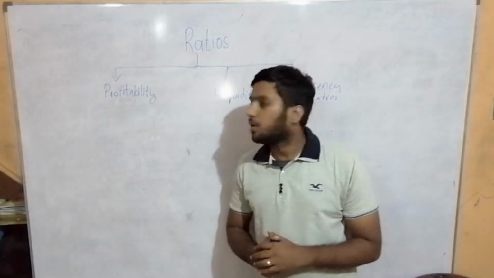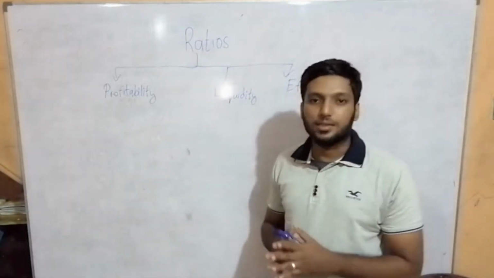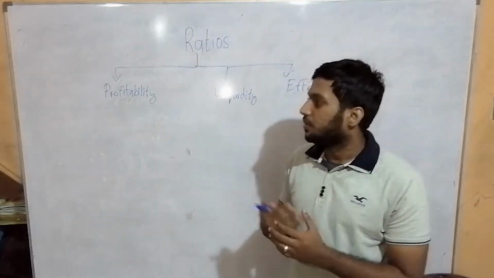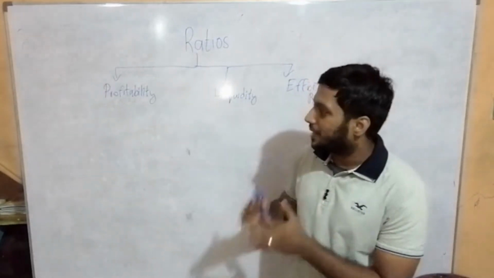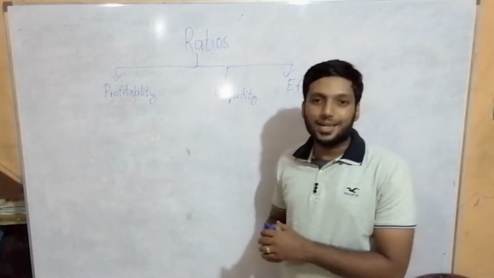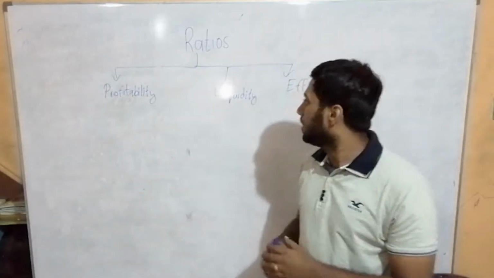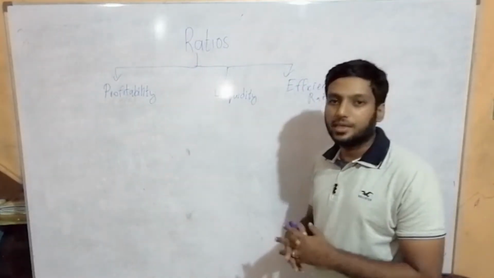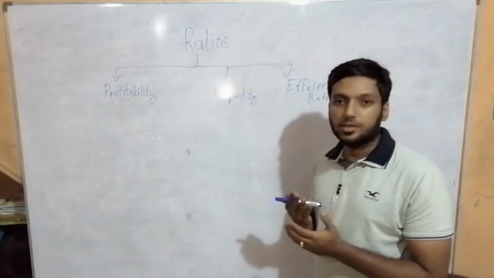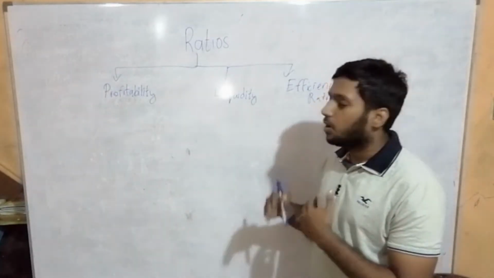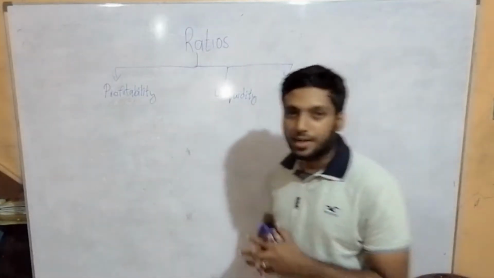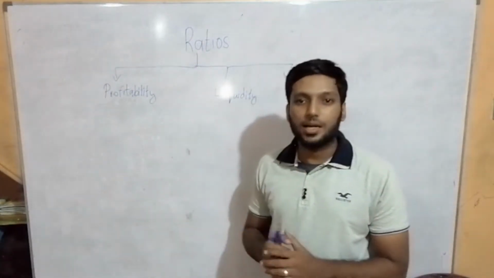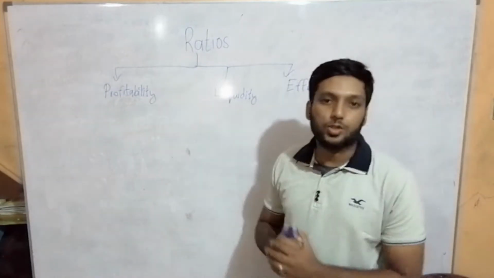Profitability ratio speaks about how much profit a business has earned in terms of revenue, how much the business has made, and that is represented through a percentage under profitability ratio. Under liquidity, we will be seeing how much money a business has in order to run their business day to day. It's known as liquidity. It's about understanding how much money the business has kept in hand to run the business smoothly.